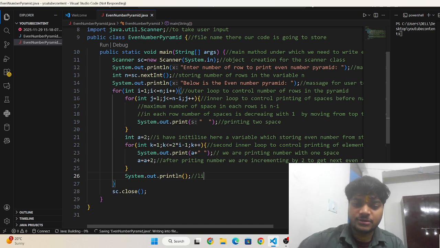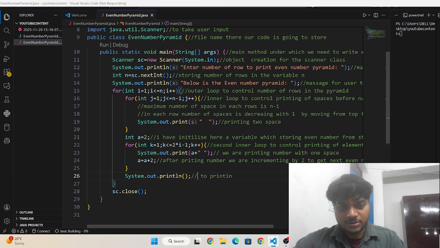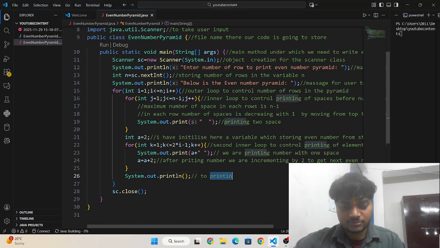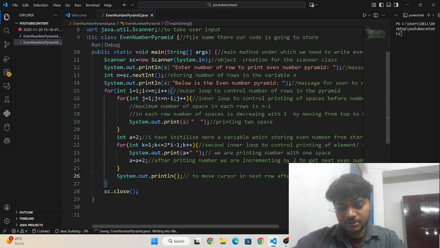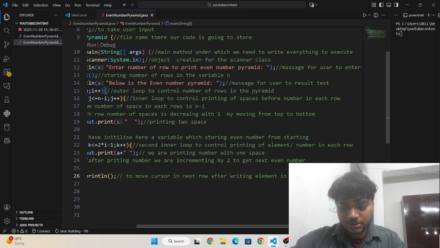So you just wait, our cursor is not moving right now, so I'm writing here. After that, move the cursor to the next row after writing the element in the current row.